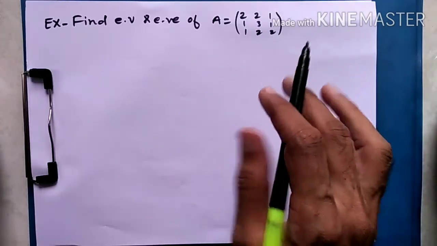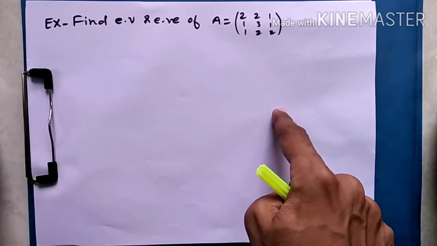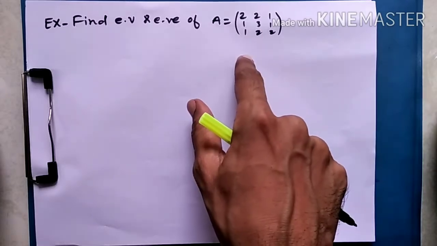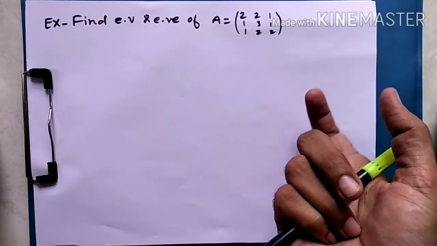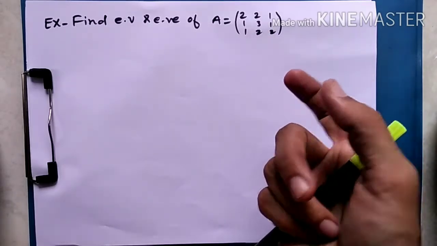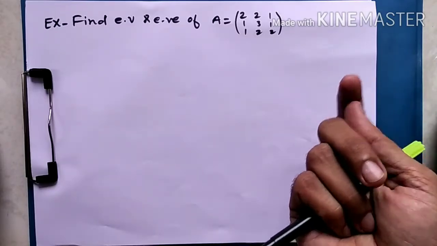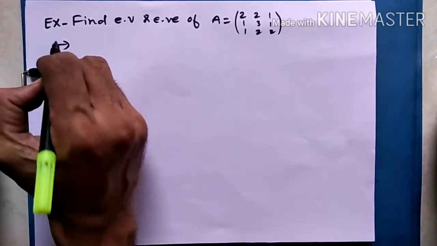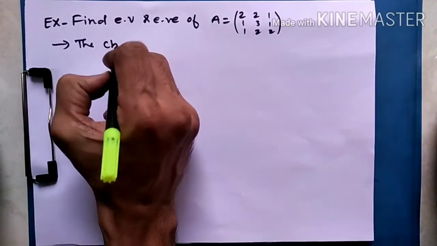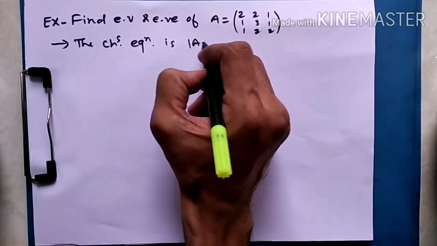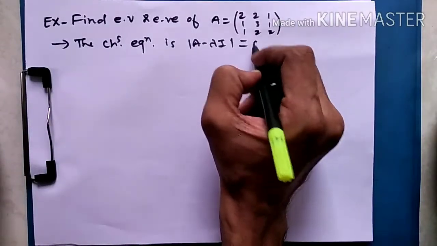Exactly similar procedure. We will start with solving the characteristic equation. So we will get a cubic equation here for a 3 by 3 matrix that will give you 3 roots, but here roots will be repeating, and then corresponding to each eigenvalue we will try to find eigenvectors. So exactly the same procedure we are having here. So start with solving the characteristic equation. It is determinant of A minus lambda I equals 0.